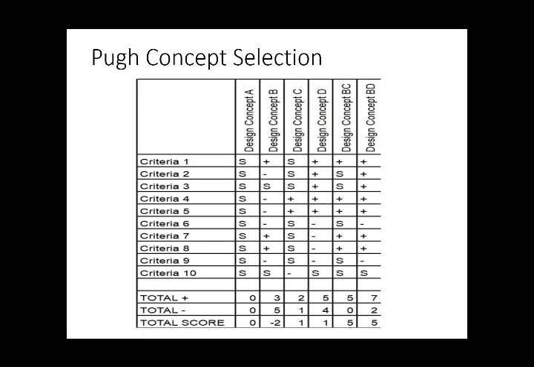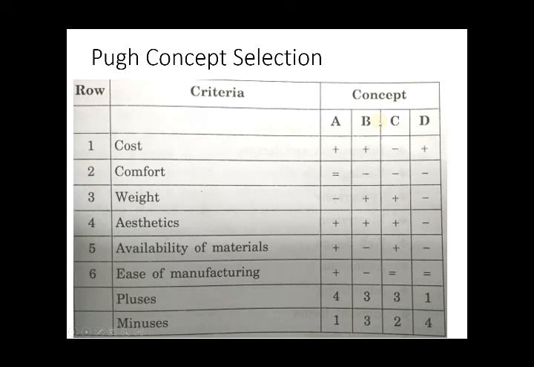We can also neglect the least valued concepts at each of these rounds. All of this is done using computer programs. It will be automatically done. Calculation will be made within a few minutes or maybe within 1 or 2 hours. You will be getting the best combination. So this is one method by which we can finalize the design concept. We have multiple design concepts. Which is the best design concept we can finalize by making use of Pugh concept selection.